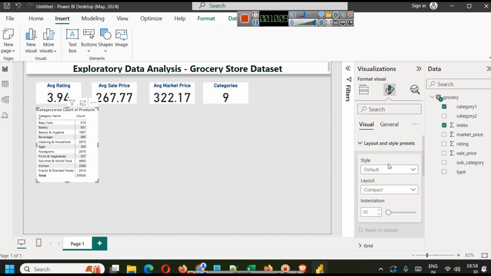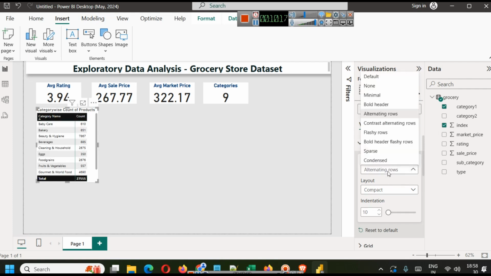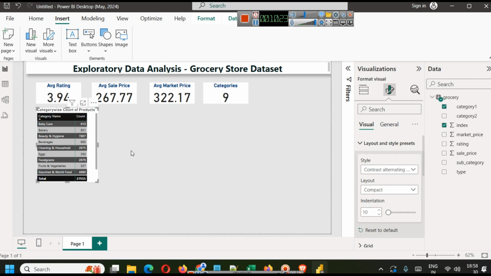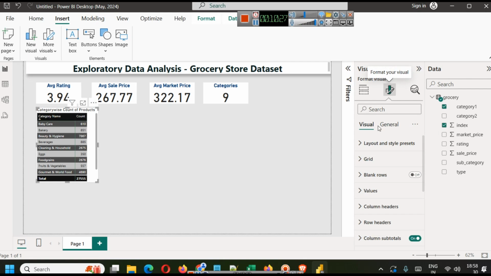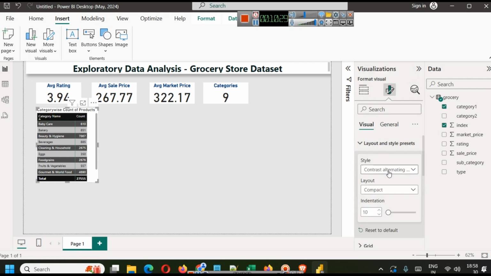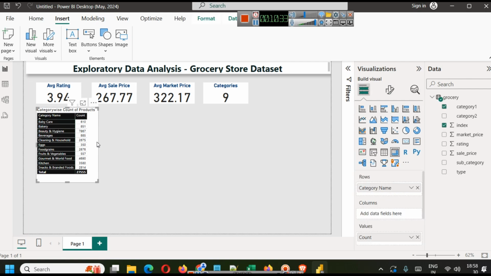In layout and preset, instead of define, you will select a bold header, alternating rows, flashy rows, sparse, contrast. Whatever type of style you want to choose, you can select that. And let's say we are selecting condense here. Okay, so this is category wise count of products,